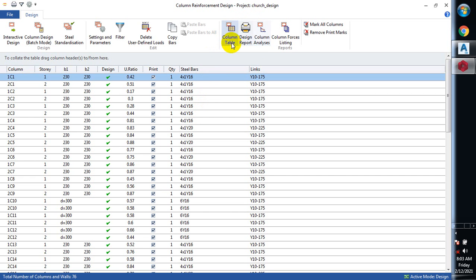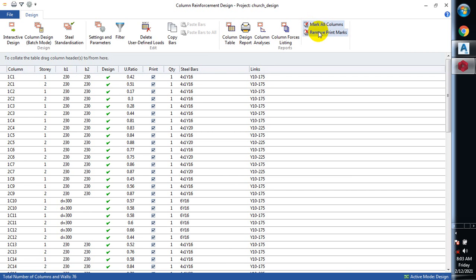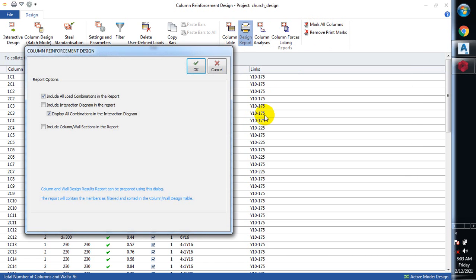Now you can see here we have our column table and our design report. Sometimes, if you are not careful and you don't check on all of these, you can see Mark All Columns. If it is not marked, even if you go for your design report, it will give you an empty sheet. So if I click on OK,